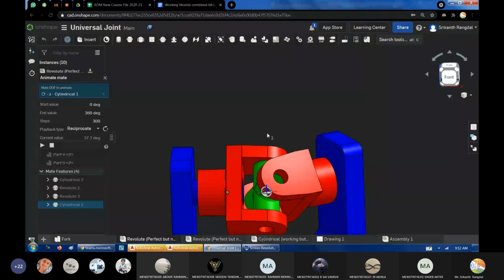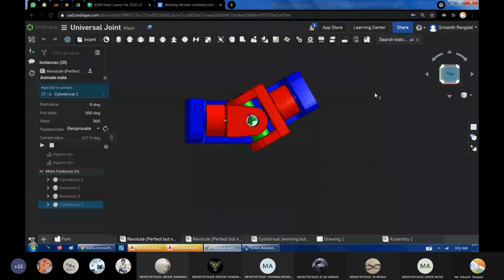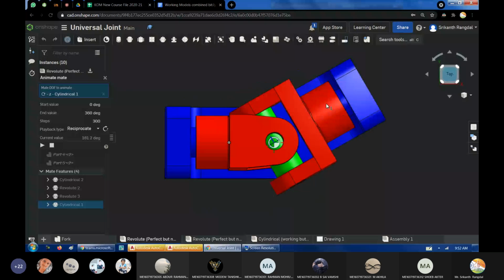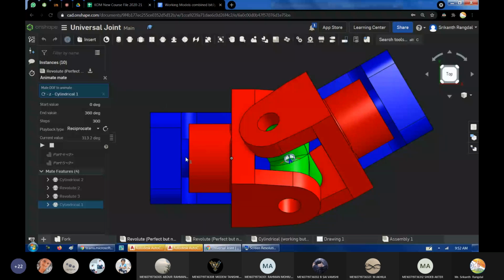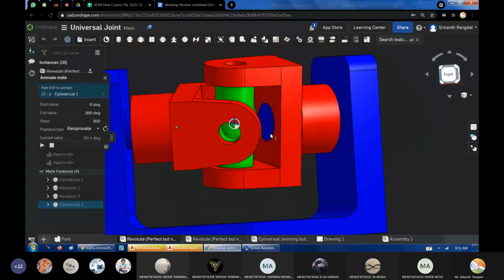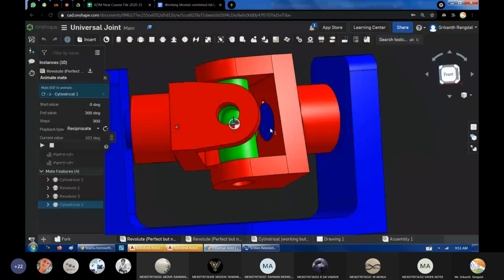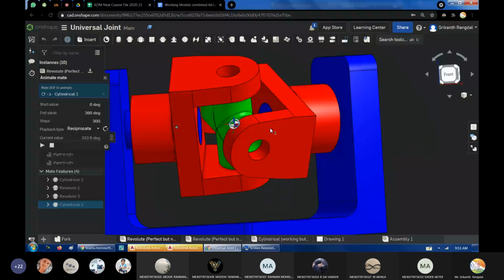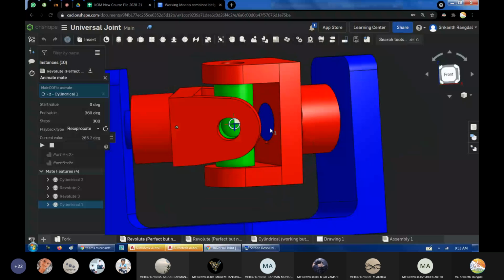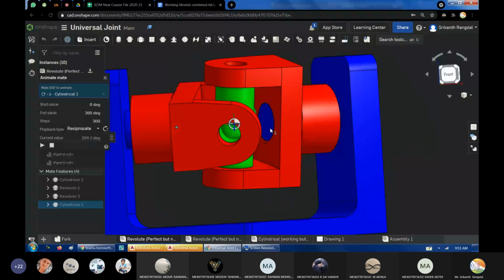They can be intersecting at one point. So the intersection is somewhere here in the middle. You can see there is some geometry here which is rotating slowly, and that's where the two axes are intersecting. But they are definitely not parallel. In Oldham's coupling, we had seen that the axes were parallel, but they were not coincident. They were at some offset, and still we were able to transmit motion.